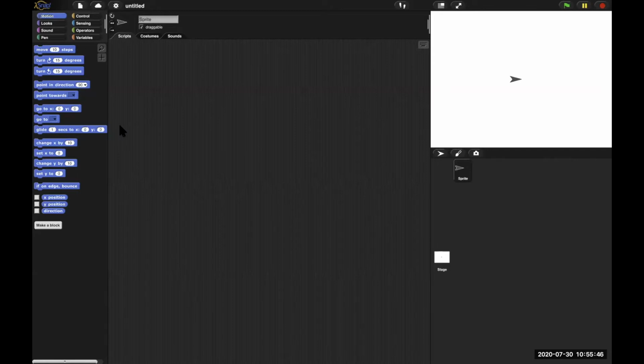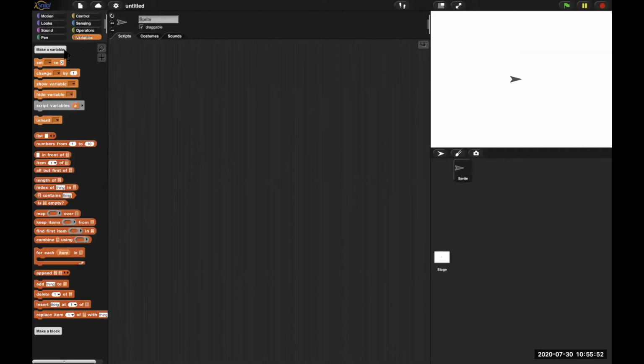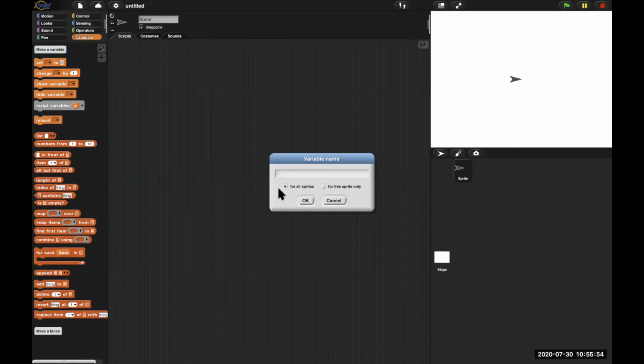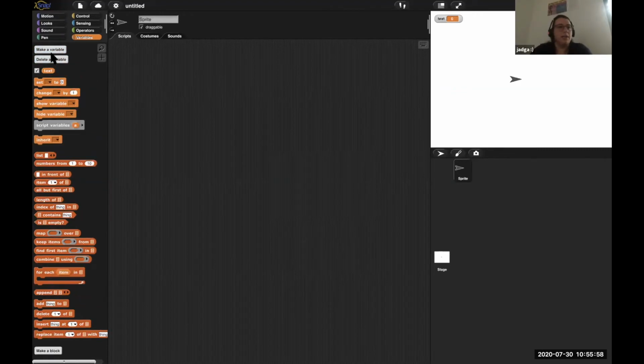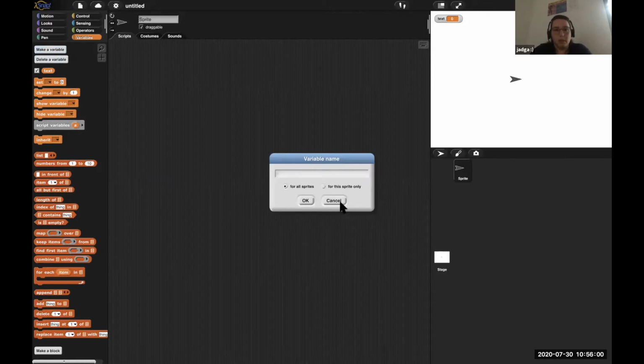So for the text, we're going to do the Caesar cipher, and I'm going to create a text for it. Let's do a variable first for it, which I call text. And this text is going to be, wait.